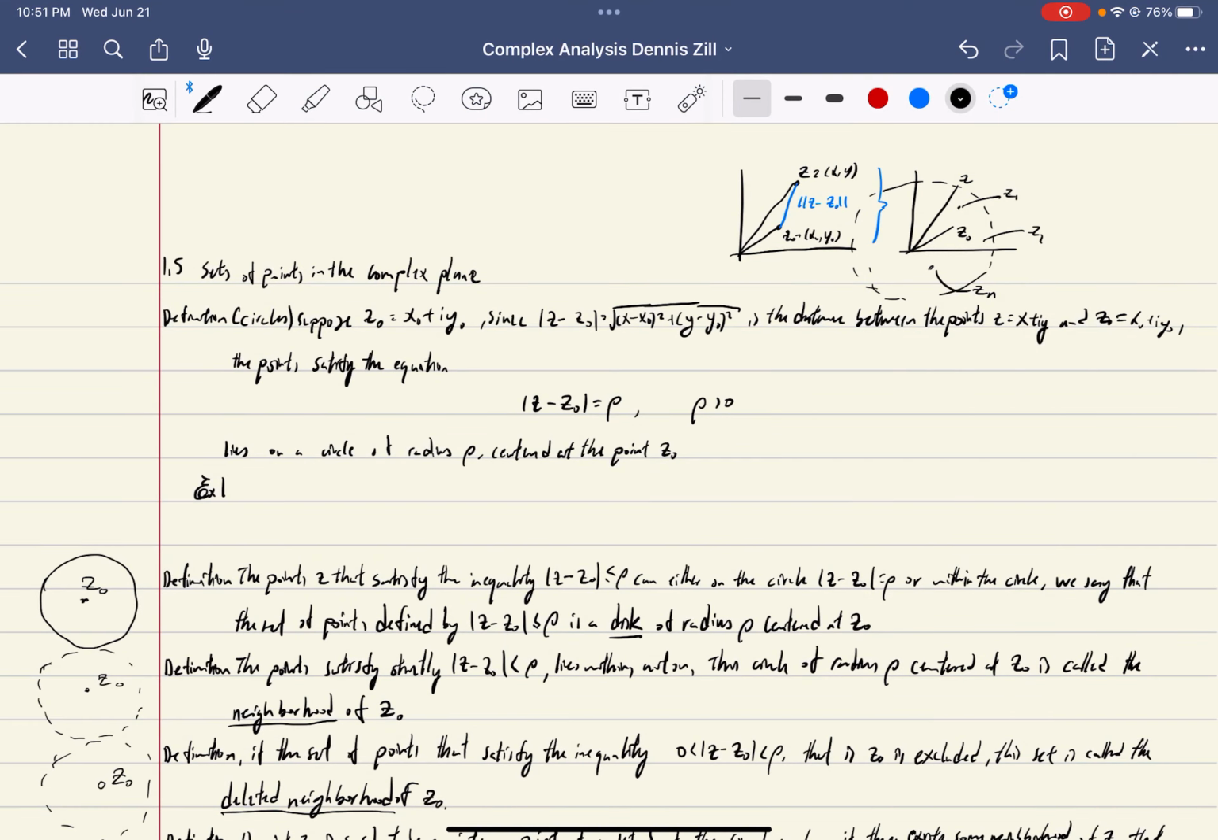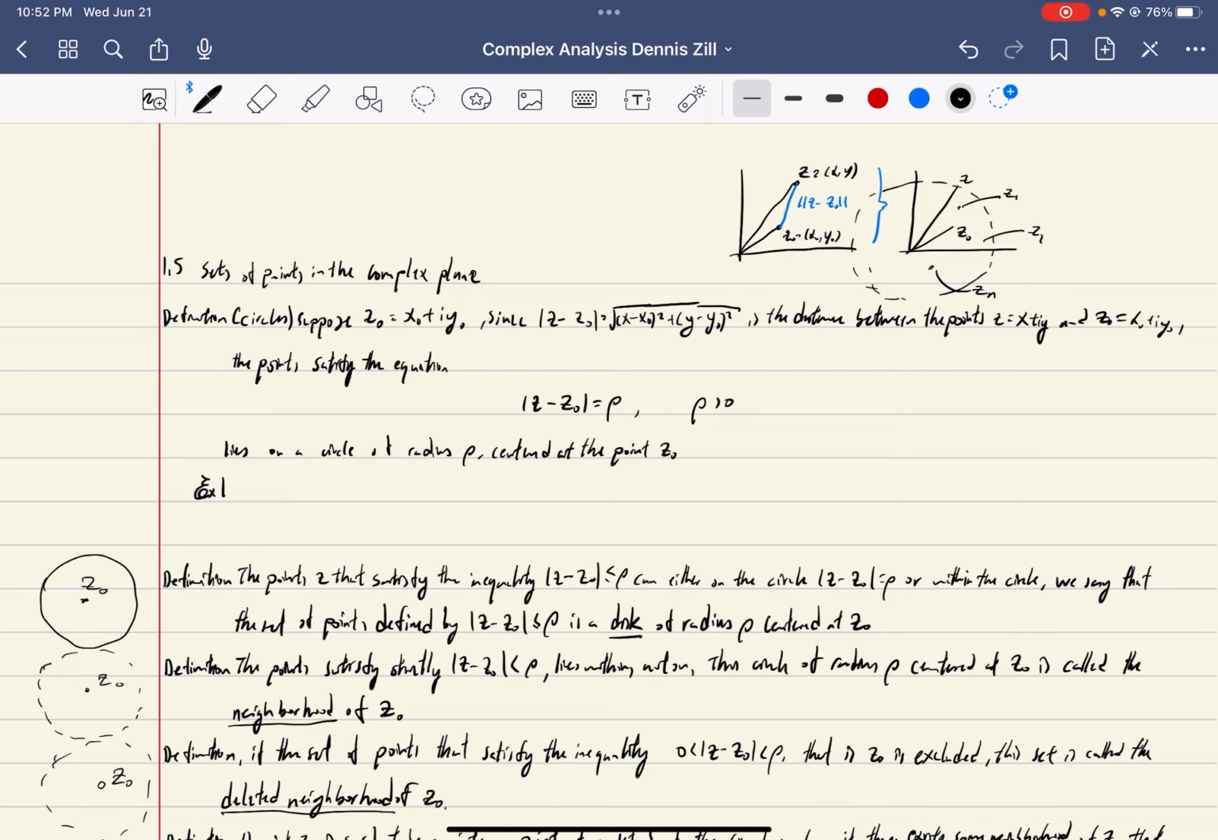Section 1.5: Sets of points in the complex plane. Definition. Suppose z0 is equal to x0 plus i y0. The modulus |z − z0| is defined as